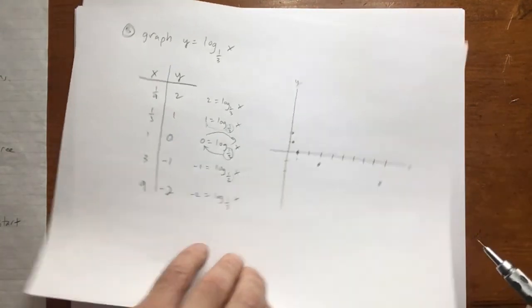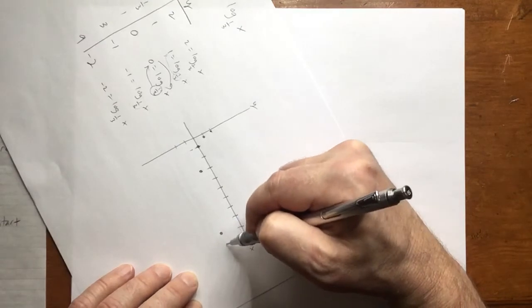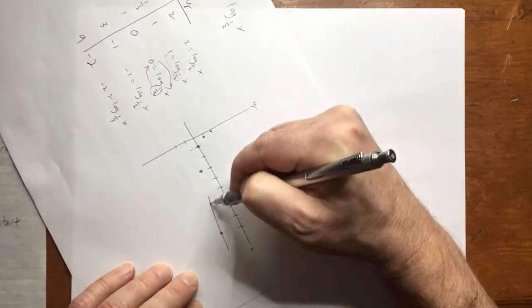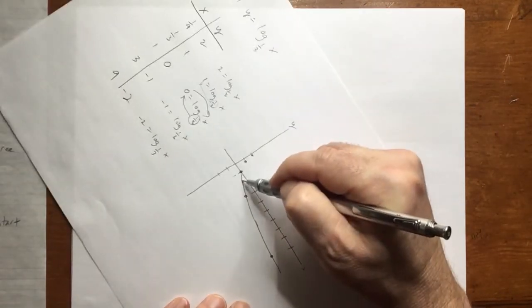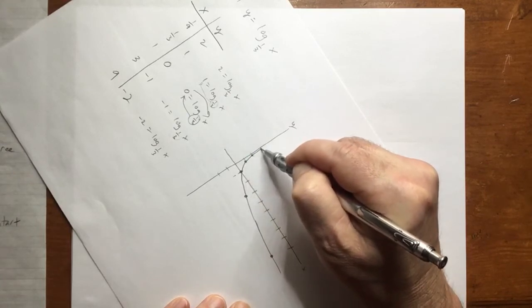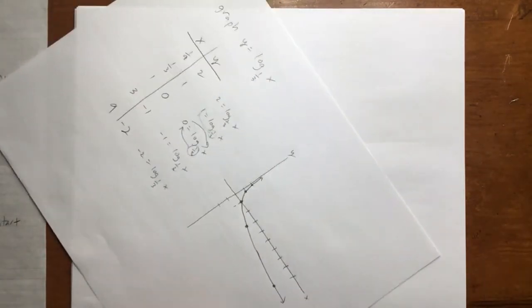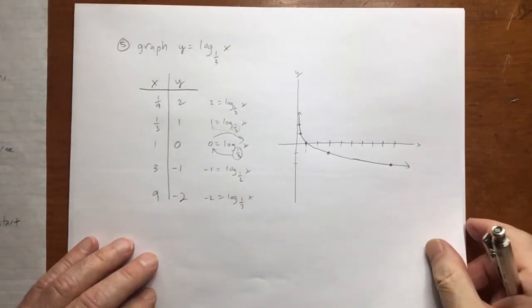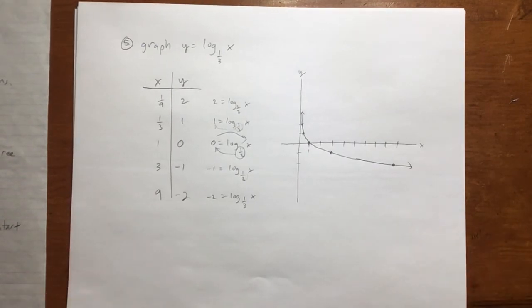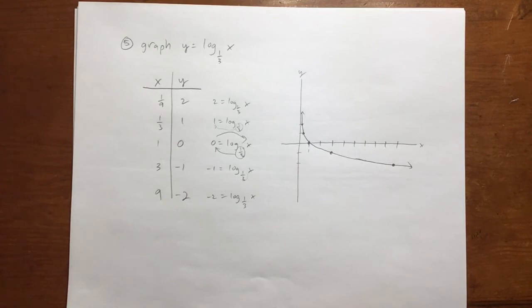I'm going to rotate this so I can graph it more accurately. And there we have a graph, and it does look similar to log graphs that we've seen. Okay, your homework tonight